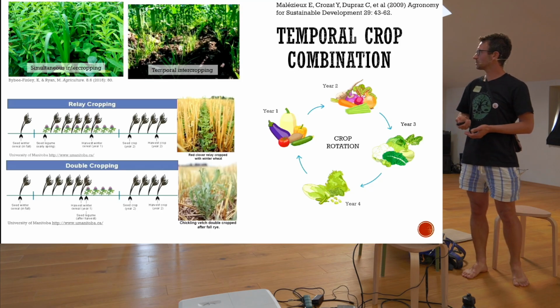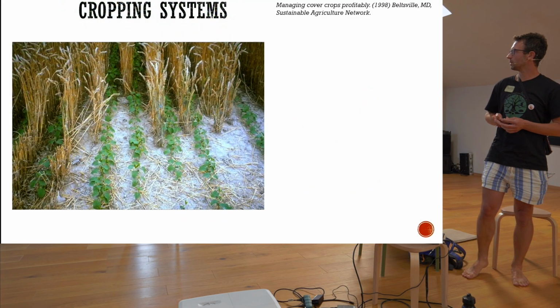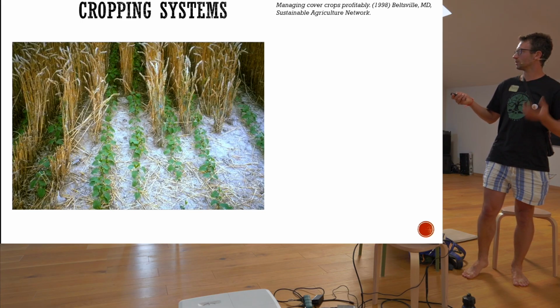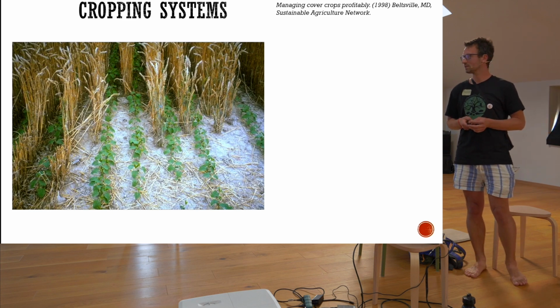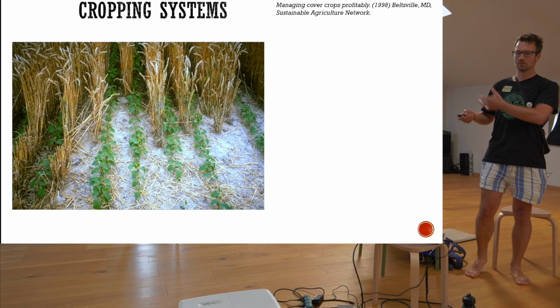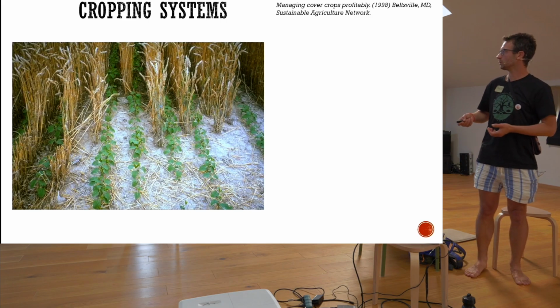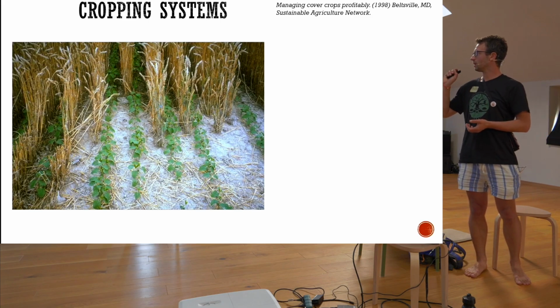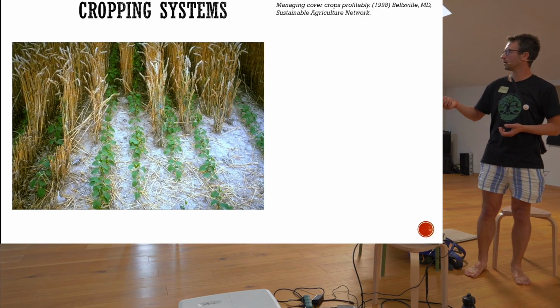And here I just show you how this relay cropping could influence the frost tolerance of the crops, so it can protect crops from the frosts, and it's quite important, I think, in our changing climate, where we often have warm autumn with a lot of precipitation. We need to think how to enable as long as possible crop growth during this autumn. So for example, this way we can grow legumes quite long, because leguminous plants are sensitive to frost.